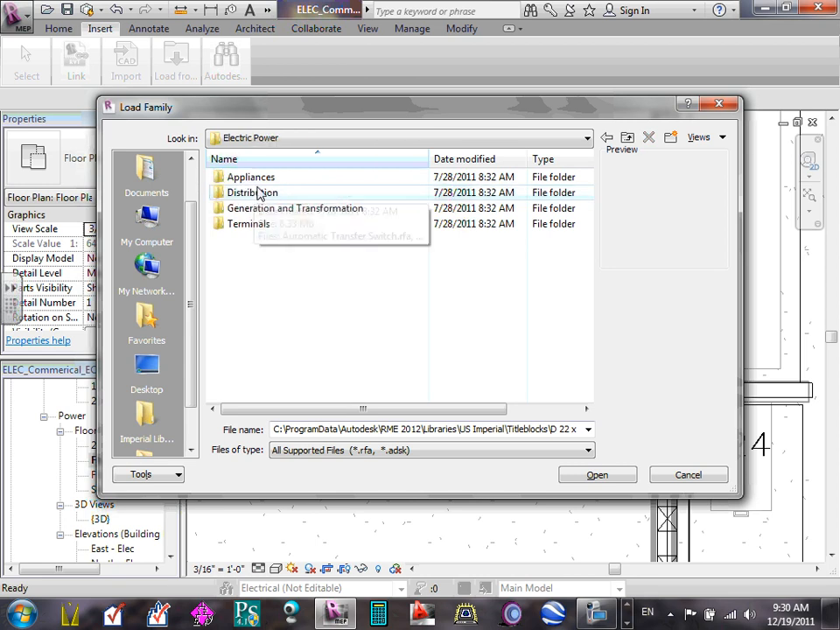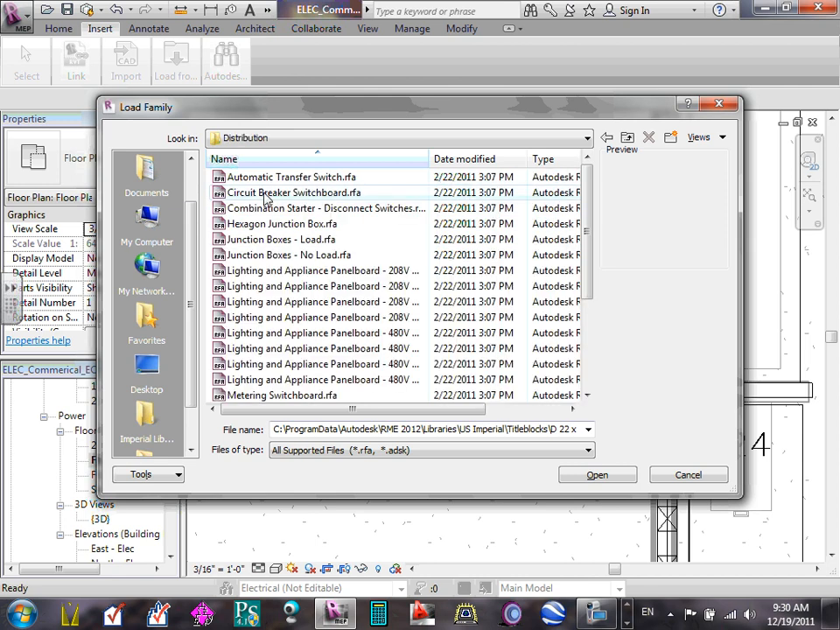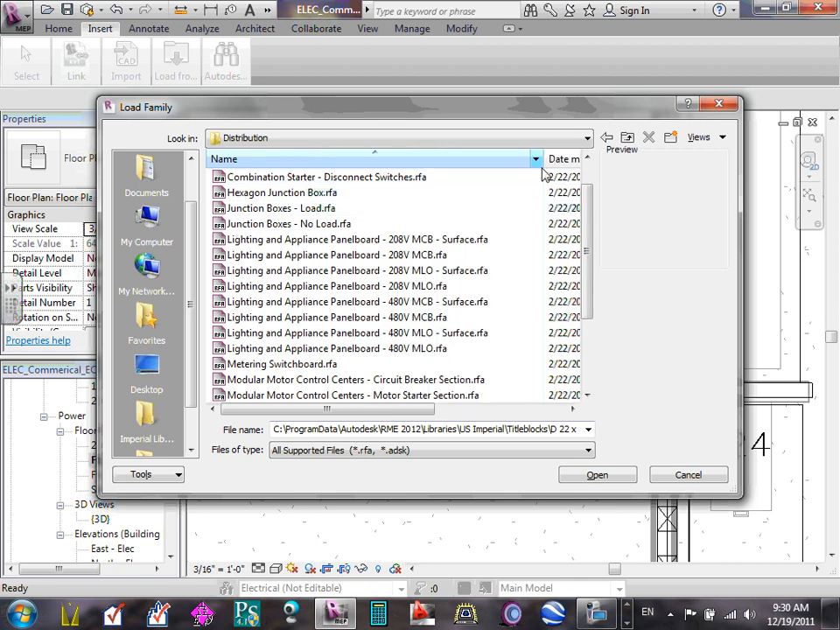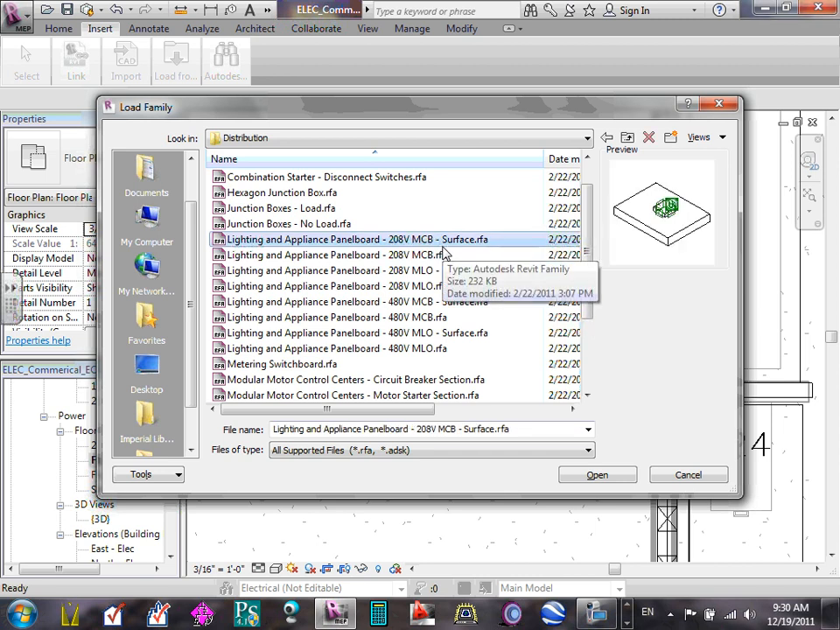Here's my option under power. I have distribution. Click distribution. And under distribution, I have an auto transfer switch, a circuit breaker, a switchboard, and keep going. I want to see right here, if you guys can see that, I need lighting and appliances panel, 28 MCP. Everybody knows what MCP is? Main circuit breaker. So the families that we could not find in our project are actually coming from the library. I can load it. This family,